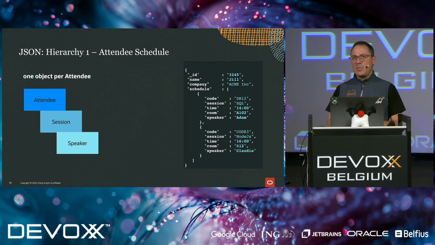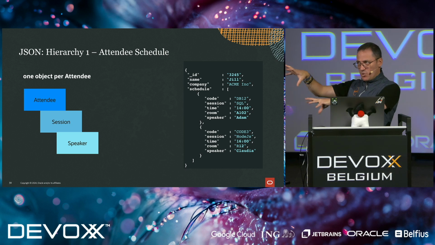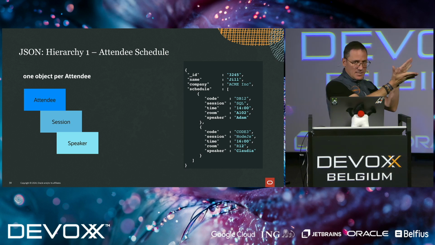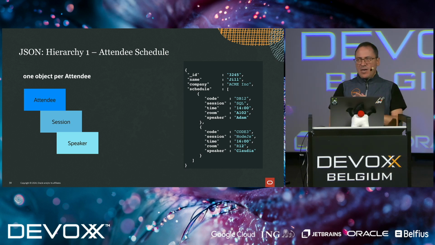But what's actually happening is that we have to talk to different tables, assemble that data, and then send it to the client. If we were to deal with documents, then we can come up with different schemas based on the same basic tables. So it could be that the attendee is the root of the document, and we have nested objects for the session and the speaker. That's one possibility.